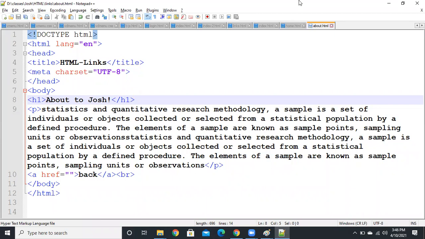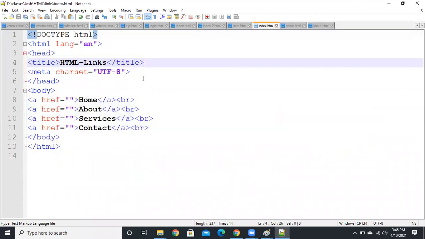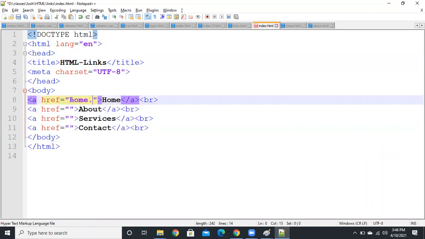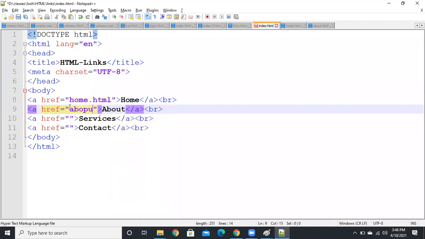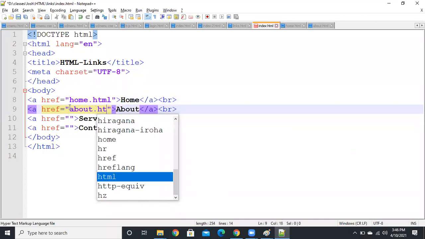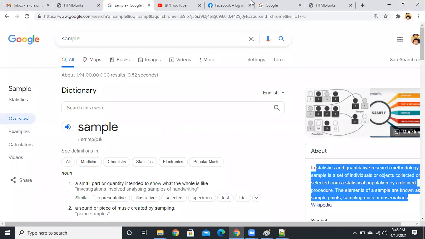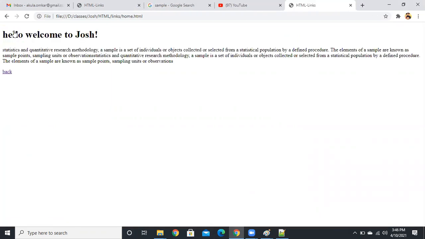Okay, now I'm going to link them like this, guys. When I click on home, it will navigate to the home page, right? In the href, you just give the file name, home.html. Next, for the about page, about.html. Now in home, when I click back, what shall I do?